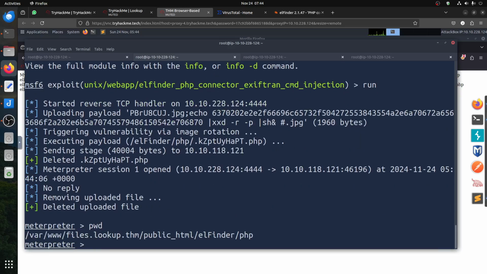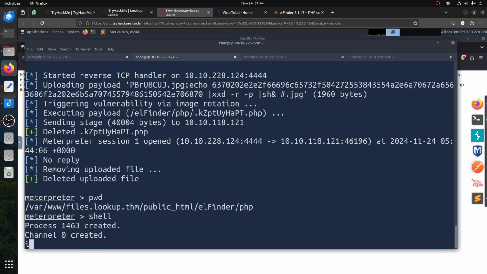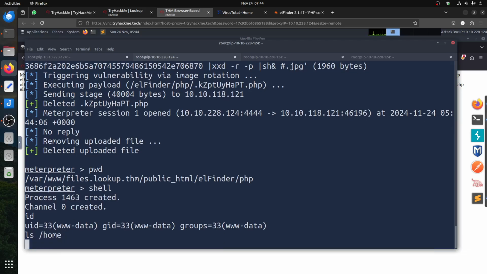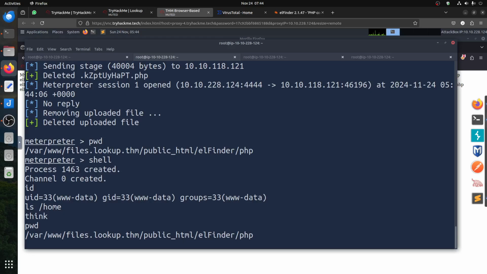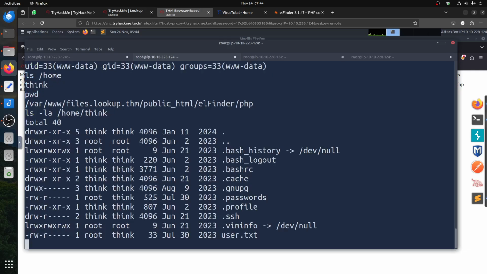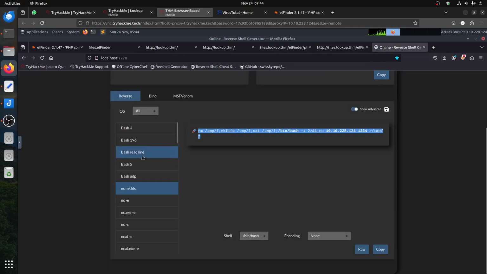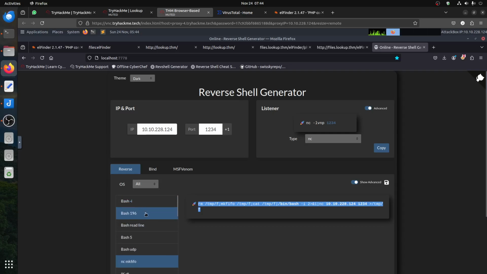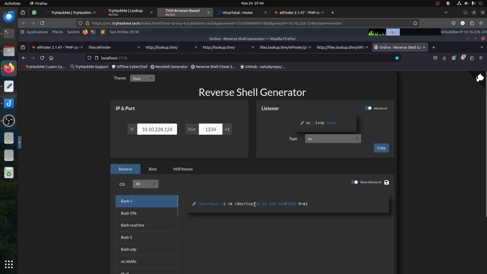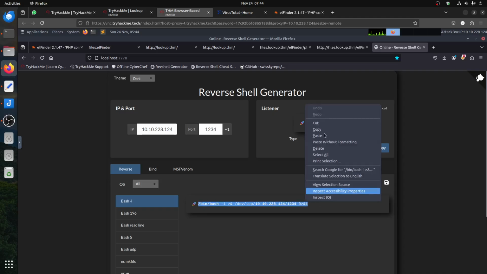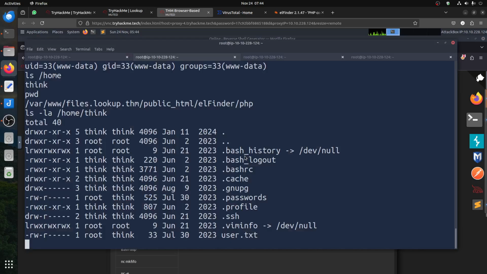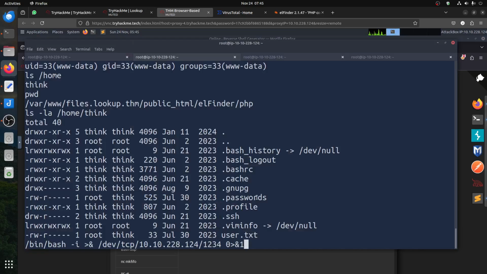Now we know we are inside the shell, so we can do shell here, ls /home, ls -la /home/think. Now we get, I don't like this shell too. Let's go back to my fancy shells. Let's get the simpler one to confirm it does work, without any extras. I don't know why that one didn't work, but it's fine. It's good to experiment with different options. So if I throw this in here now,